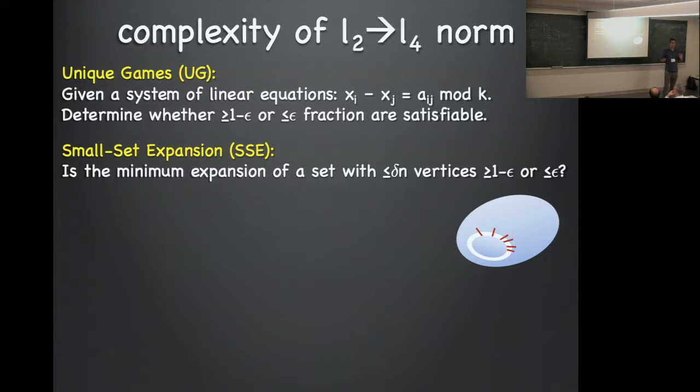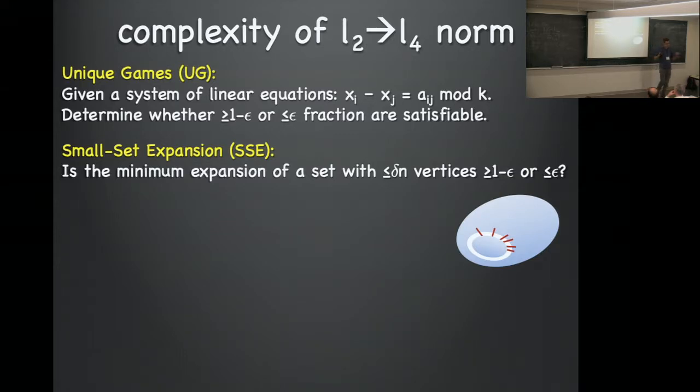Sorry, let me say it again. Either there exists a nearly disconnected set, a set where only 1% of the edges leave it, or for all subsets of that size, 99% of the edges leave it. Okay, so either there exists some cult somewhere that's disconnected, or everyone is super social and has tons of connections outside of that group.